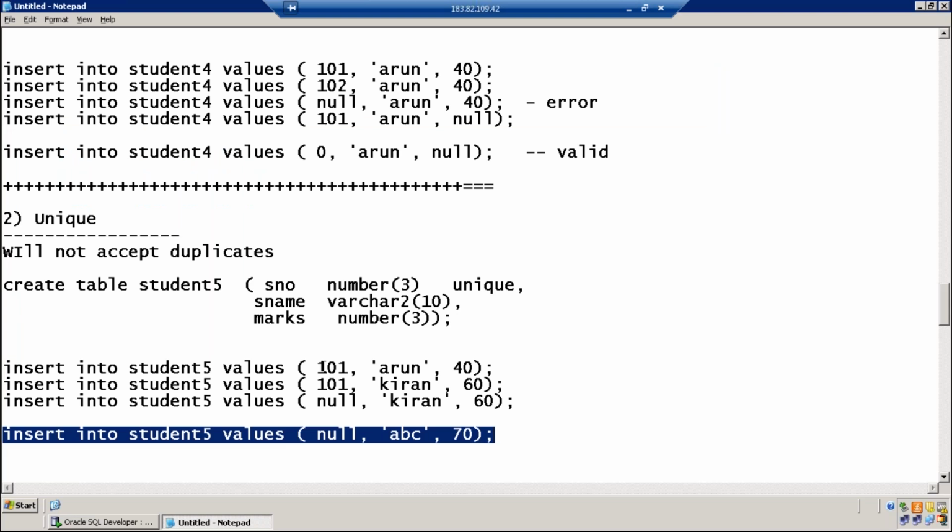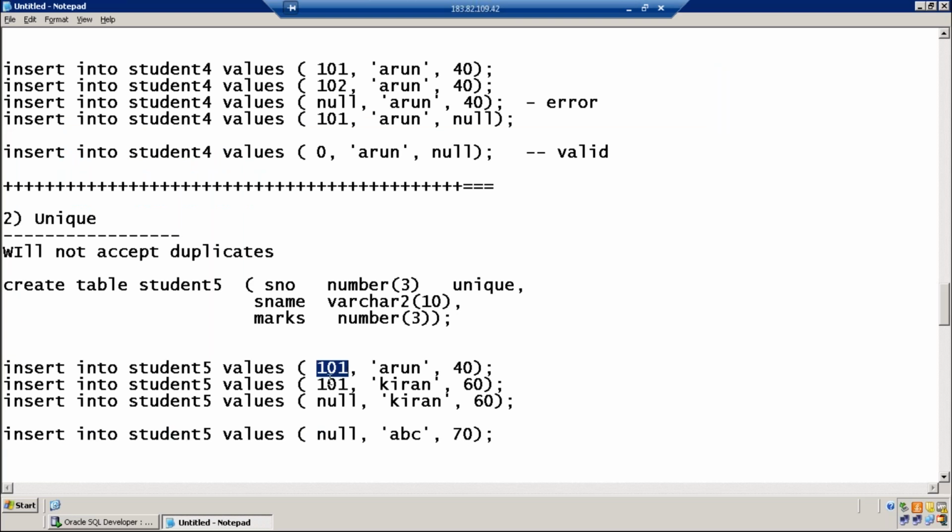You may have a doubt: when 101 is already inserted, inserting 101 again gives an error, so in the same way a second null should give an error. But whenever you insert a row, it checks whether the 101 is available in the table or not. Comparison is possible between values. When a value is available, it is a duplicate value. Is null a value? It is not at all a value.